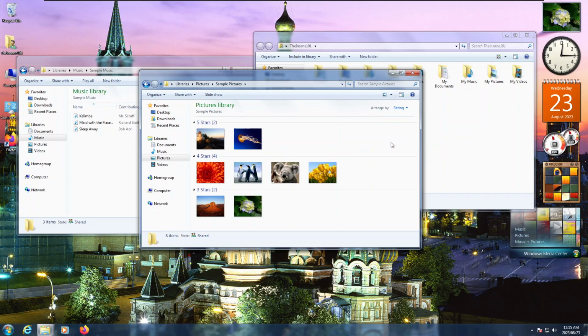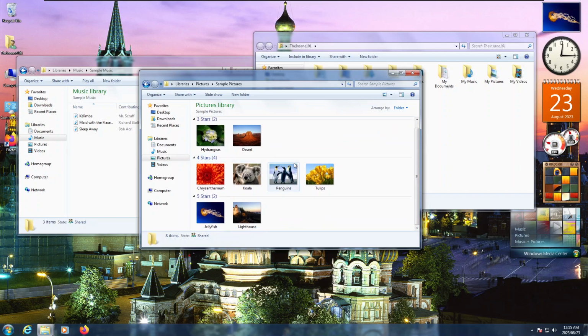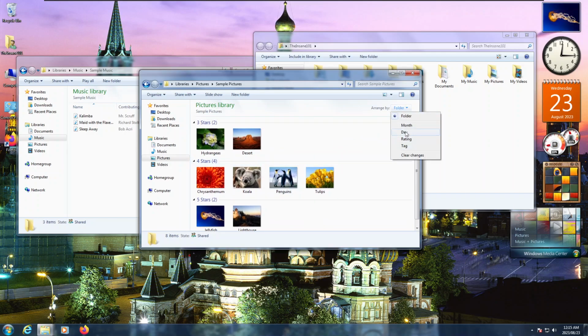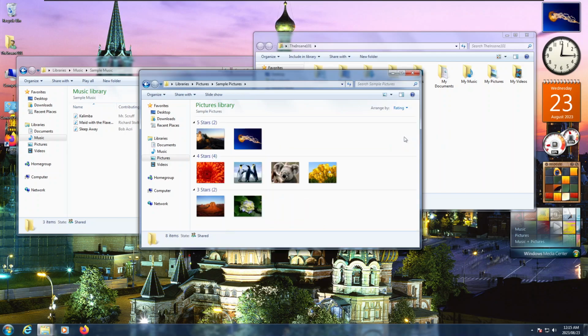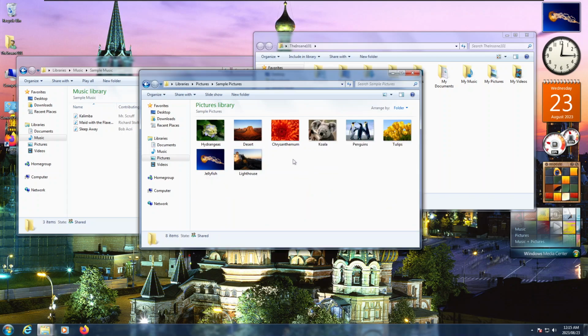And rating. See? The same thing as grouping. Let's go back. Group by rating. It's exactly the same thing. It's just sorted differently. It's probably mixing. Amazed those things clash, by the way. And also, if you,